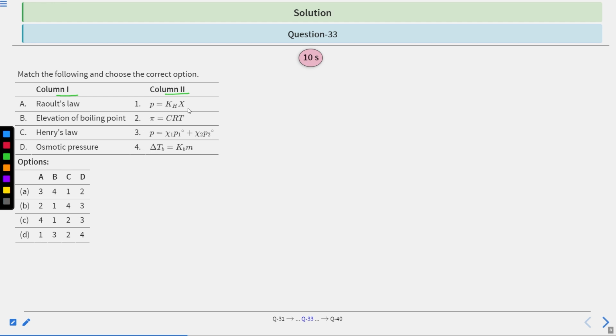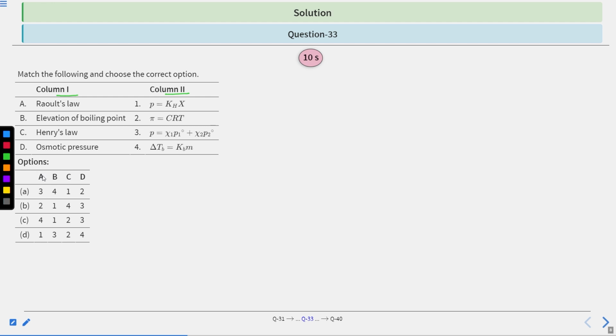1 is P equals to KHX, 2 is pi equals to CRT, 3 is P equals to x1 P1 naught plus x2 P2 naught, where x1 and x2 are mole fractions, and 4 is del TB equals to KBM. So we have to match the following. We have to match the column 1 to the column 2. So options are,